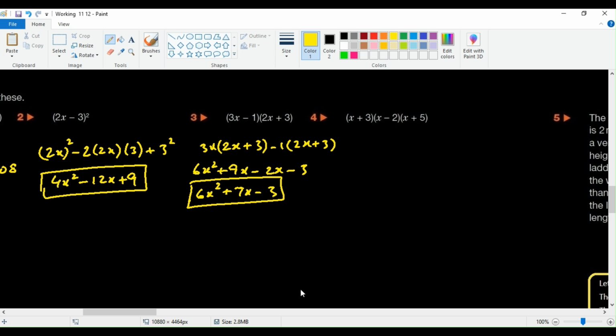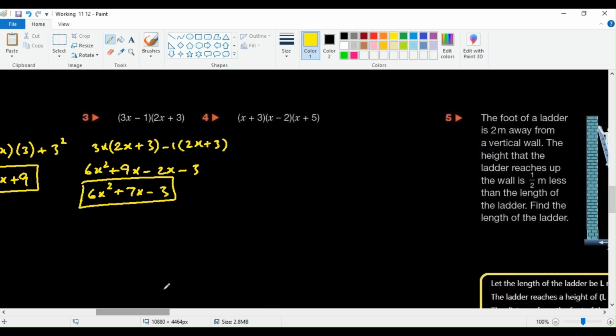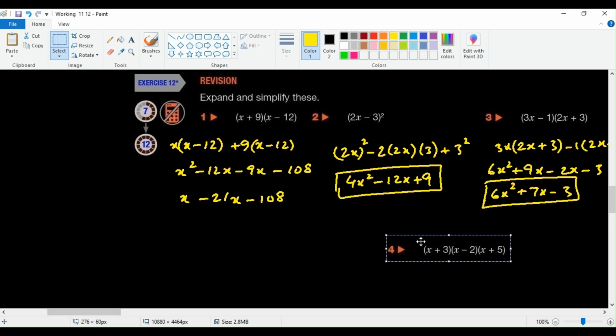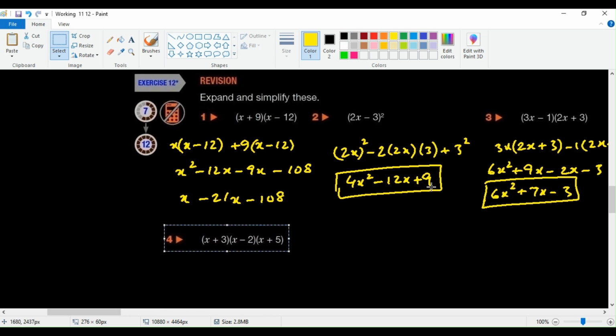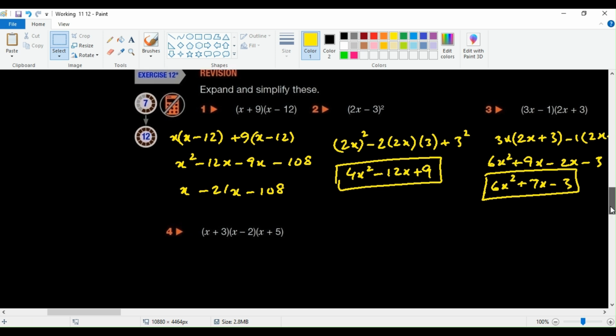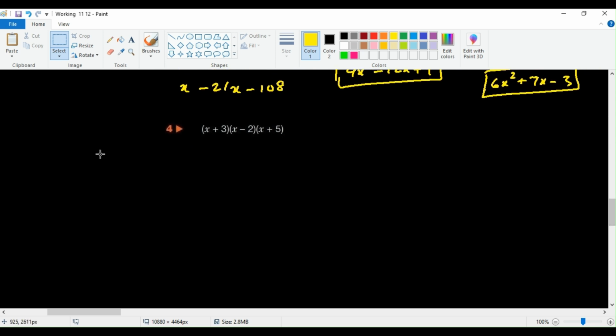When it comes to the next one, I better bring this down for us to solve this in a better way with more space. Now for question number 4, we are going to multiply x minus 2 and x plus 3 first. So I will write x minus 2 two different times, and I will write x plus 5 as it is, no change, and I will write x here and plus